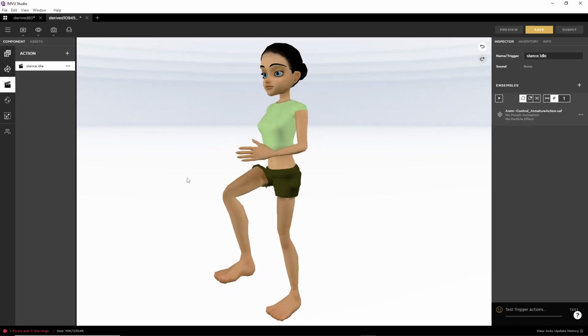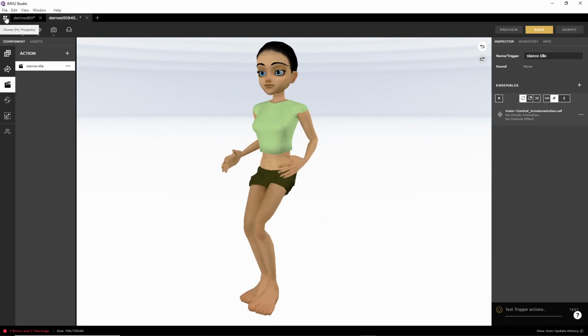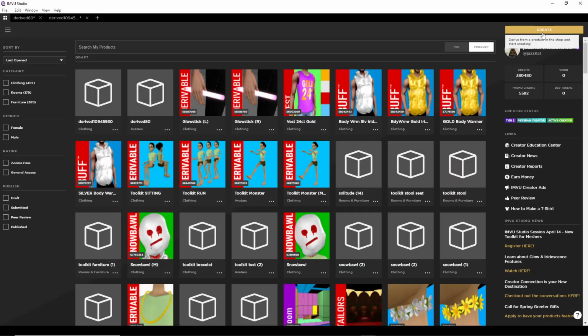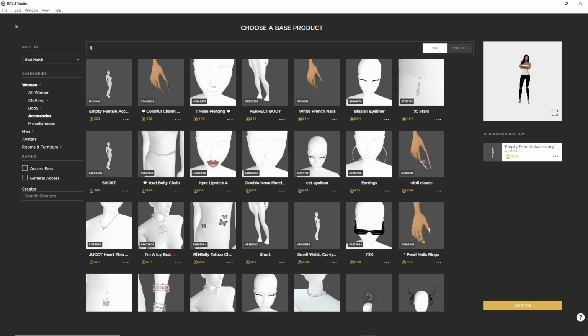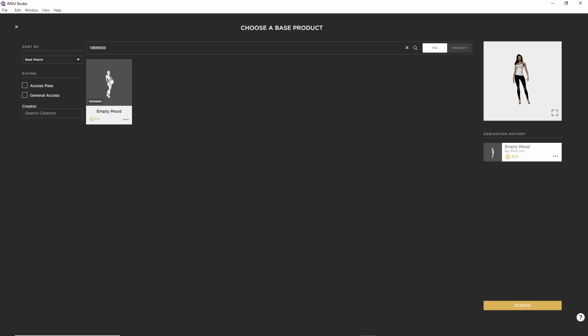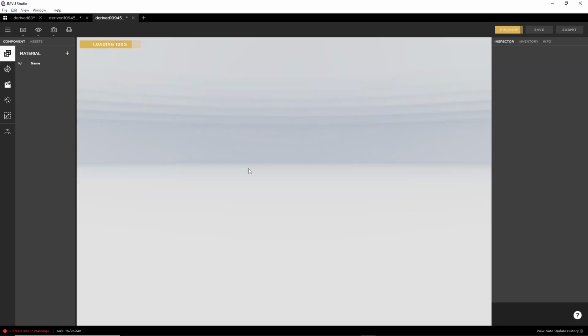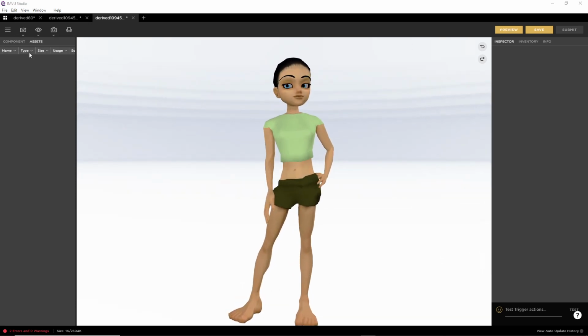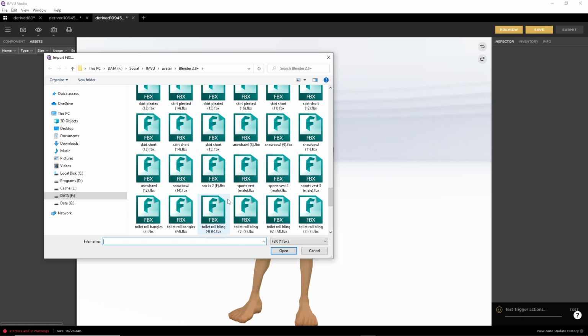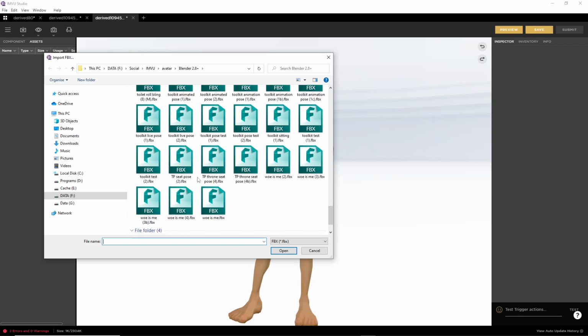Back in Studio. Let's create another one. New project. PID 10,945,930. Empty mood. Derive. There's the avatar. Import. FBX. Hey hero. Aha, so